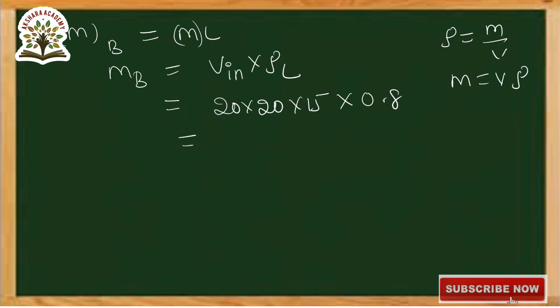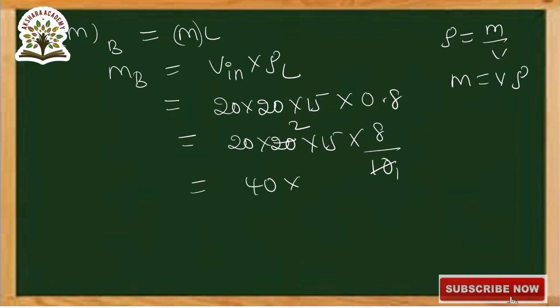So that is 20 into 15 into 0.8, which can be written as 8 by 10. 20 into 2 is 40, 40 into 15 into 8,